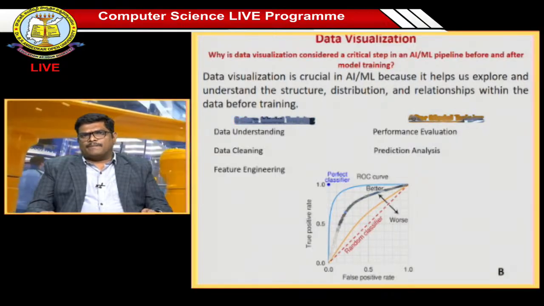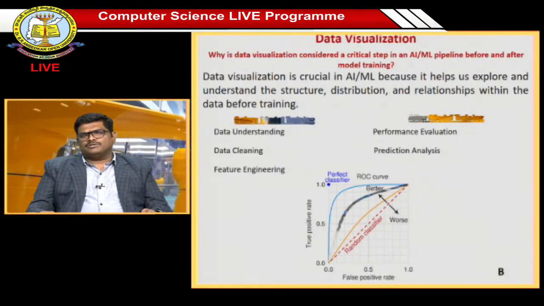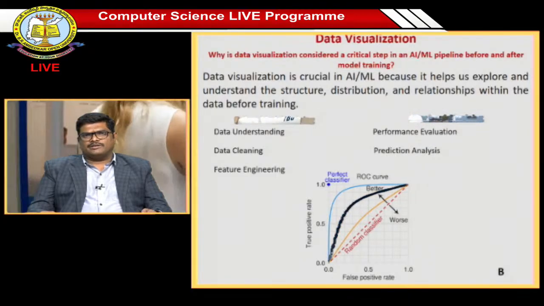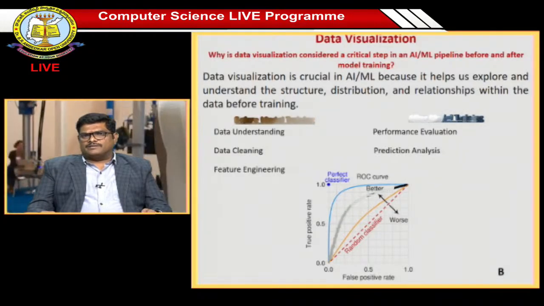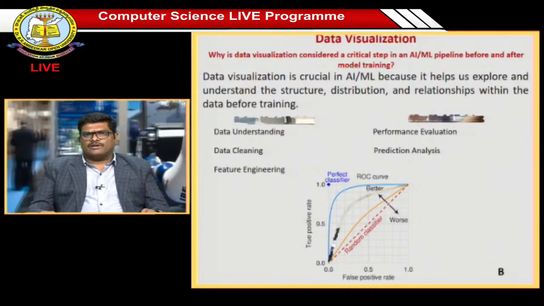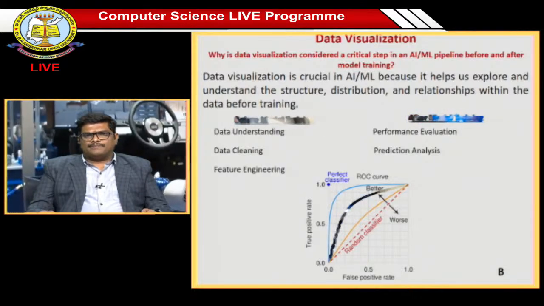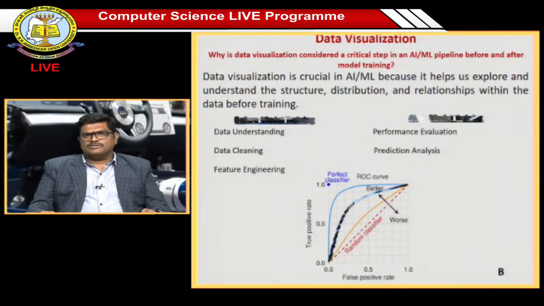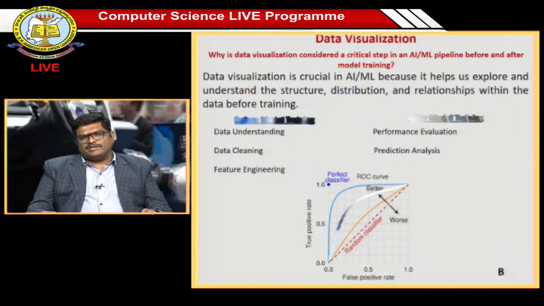The reason is that before training the model, you have to make sure the data set you are using for training a machine learning model is well structured, because if the data set is zigzag, or has missing values or repeated values, then you may end up training the machine in an incorrect way. So understanding your data set is very important before you use it to train the machine learning model.